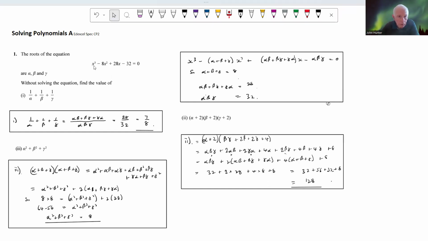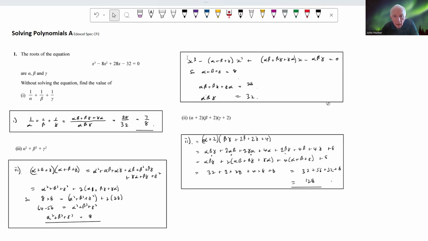The roots of the equation, this cubic here, are alpha, beta, and gamma. Without solving the equation, find the value of this expression: 1 over alpha plus 1 over beta plus 1 over gamma. Okay, well, the first thing we can do here really is we can, if we multiply out